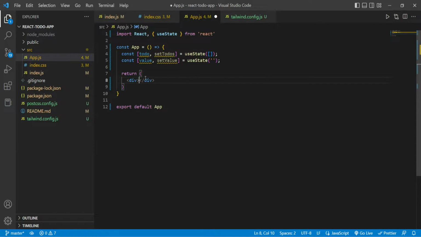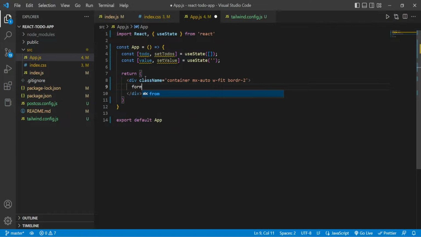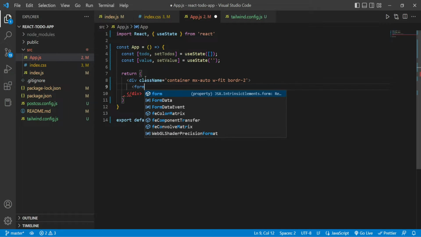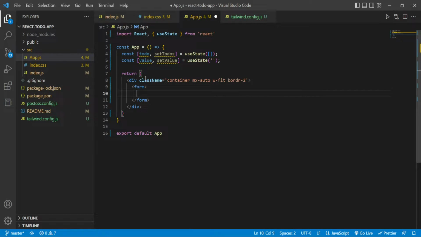Now what we need to do? Let us create the form. First of all, let me give some class name here. Container mx-auto w-fit border-2. Now inside this I will create one form. Now inside this form we will have one div which will have margin on y-axis of